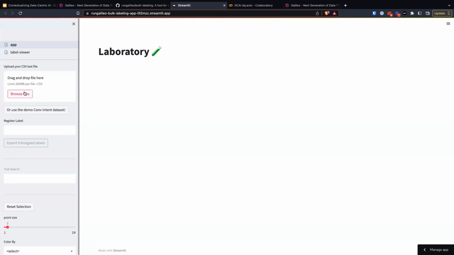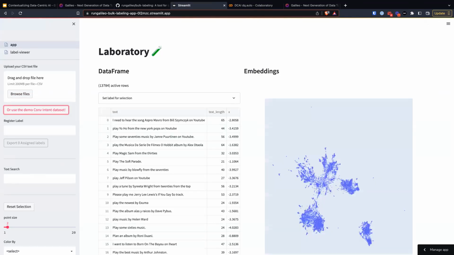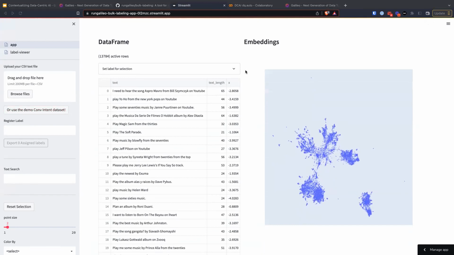You can select and upload any file that you want, and you'll see the same thing, but I'm going to use the demo conv intent data set to walk through this example and how I went about labeling a data set from scratch and then running it with Galileo and fixing all of the issues that I found. So what you're seeing here is a table view, a data frame of all the samples